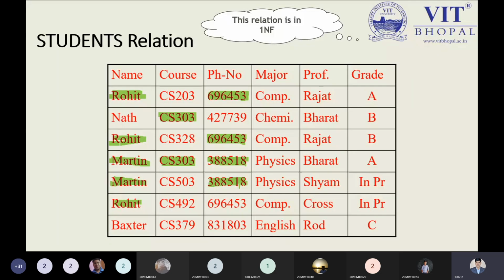So this is what is actually happening with our first normal form. First normal form means by default the relation we have, the table we have, comes into the first normal form. It is already written over here: this relation is in first normal form. This is the default. And major, computer you can see over here, the computer is coming many times. Physics is also coming many times. The duplicacy is also coming many times over here.